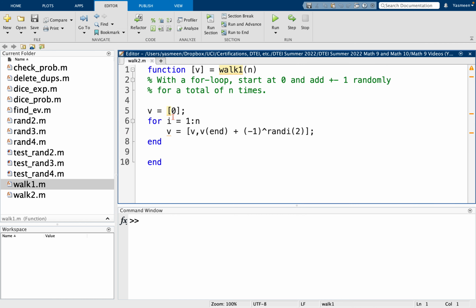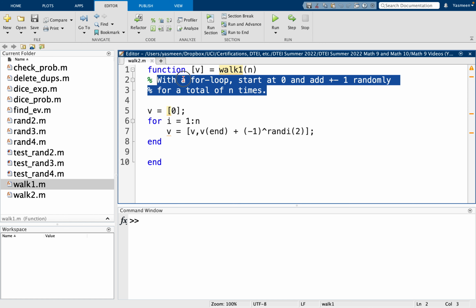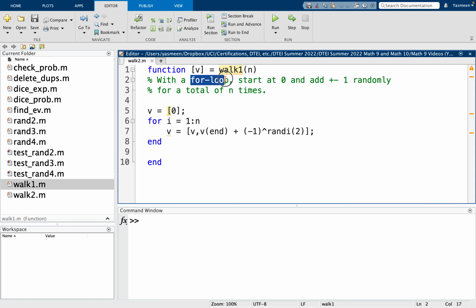So remember, with a for loop, we run for a set number of steps, right? So I say take n total steps, and wherever we end up, we end up. With the while loop, we run until we meet a certain condition, right? So I'm going to update this to say, with a while loop,